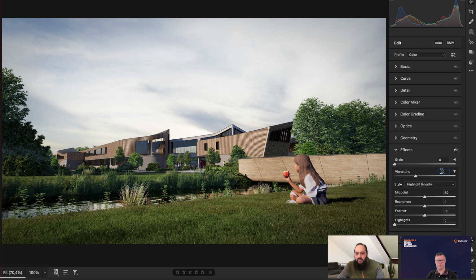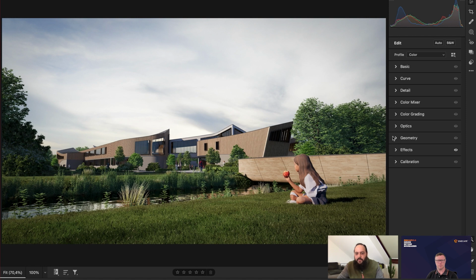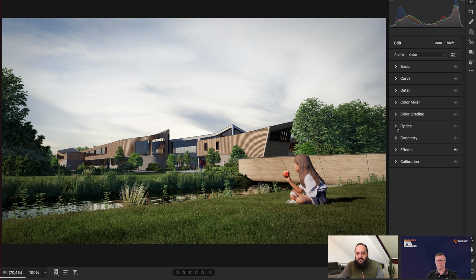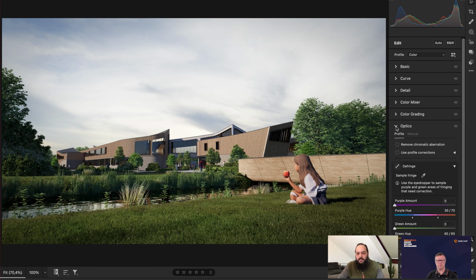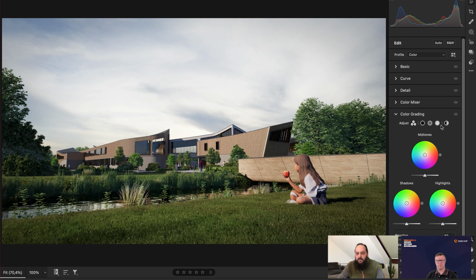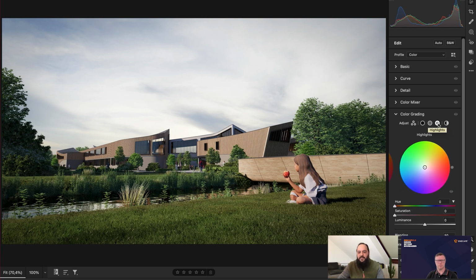So 30 in this case, there are a lot of ways to do that. Just try and see which one you prefer the most. The geometry in this case, we don't need to do anything because Norbert straightened the pictures very well. This might be interesting in the last perspective. The optics as well, we don't need to touch, but as we are trying to produce some cozy images, we're going to touch the